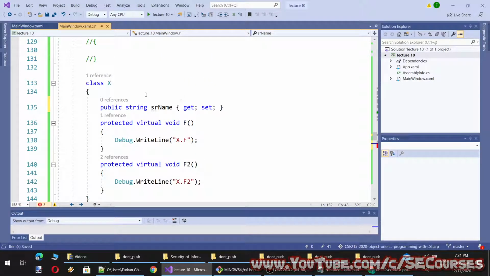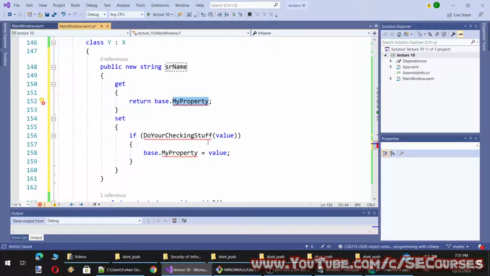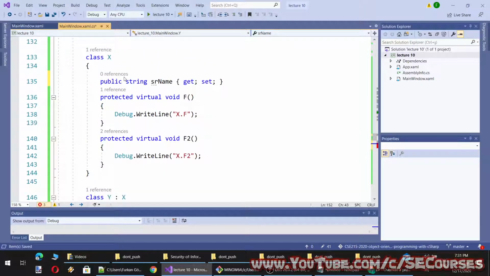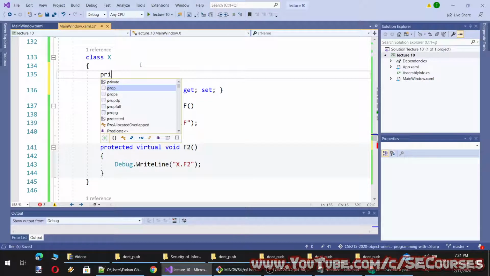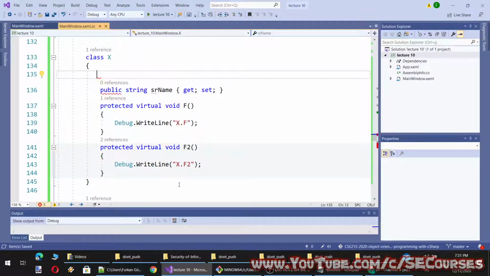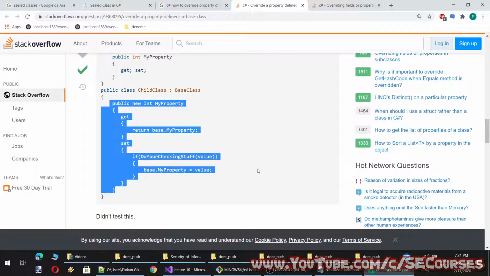By the way, for this property we define and override, we have to have a private variable like this. However, if we define a private variable, we can't access it.